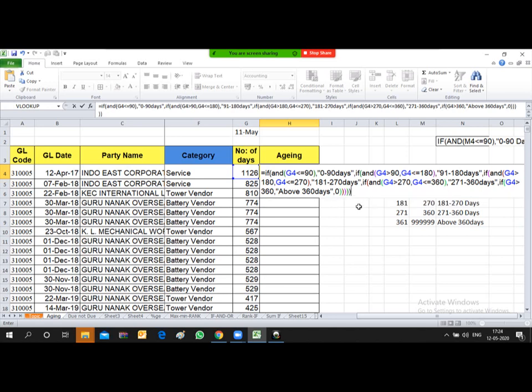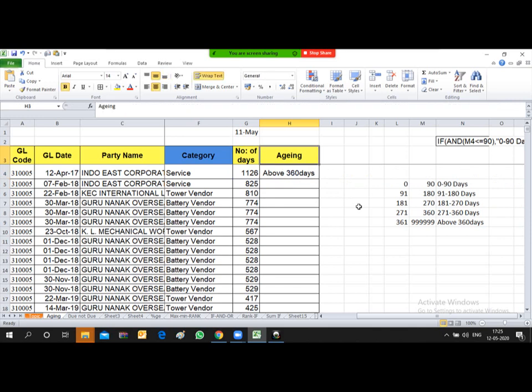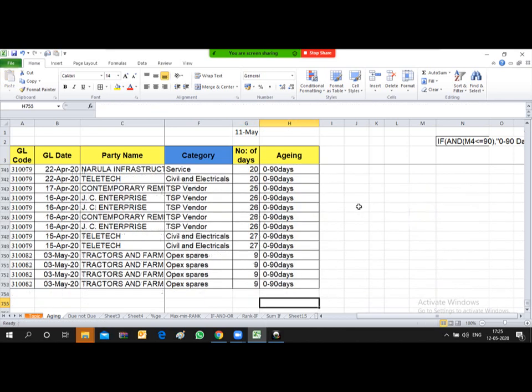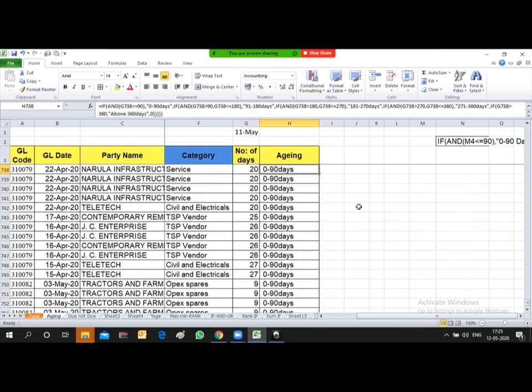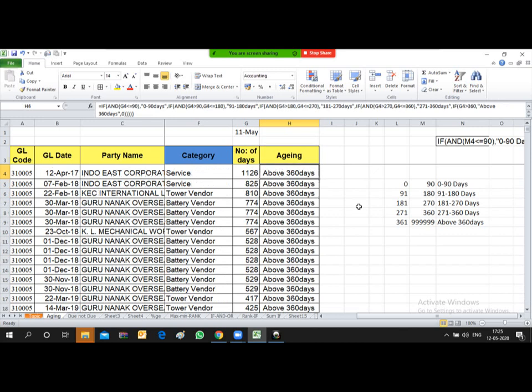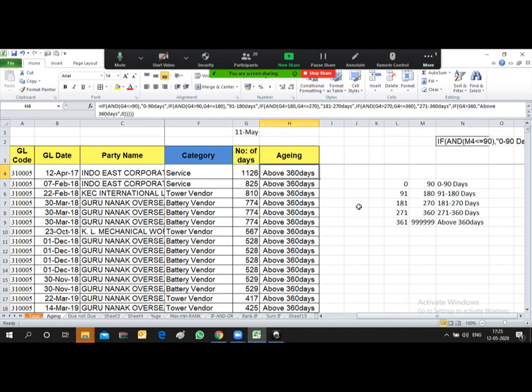Okay friends, now just press enter. So your result is here. Result is 360. I don't need to do anything more, the formula is already entered. I will copy this formula and paste it in all the cells. So friends, you have to type this formula. I think it's a little bit complex formula. So if you have any doubt, then I can repeat it once again.